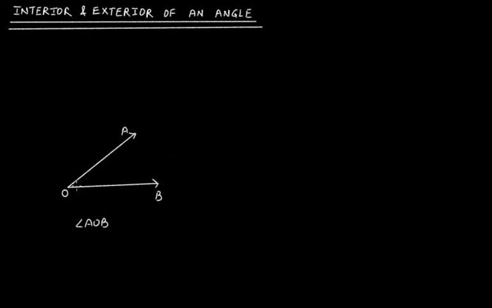That this whole region that lies within this angle, like if I take this, right, this whole region will be the interior. This region will be the interior of this angle AOB,